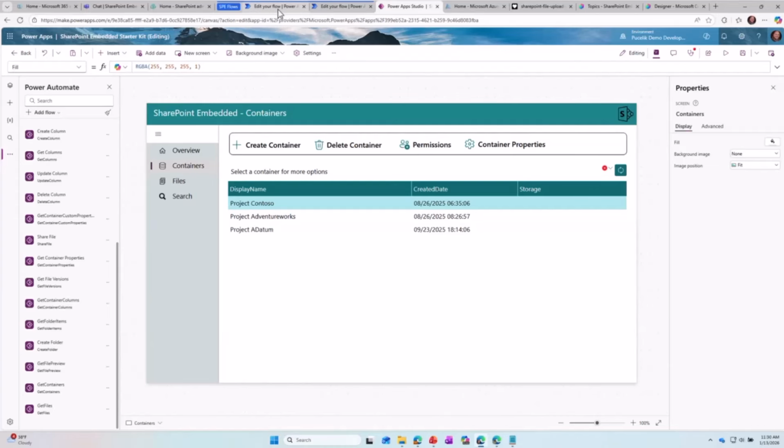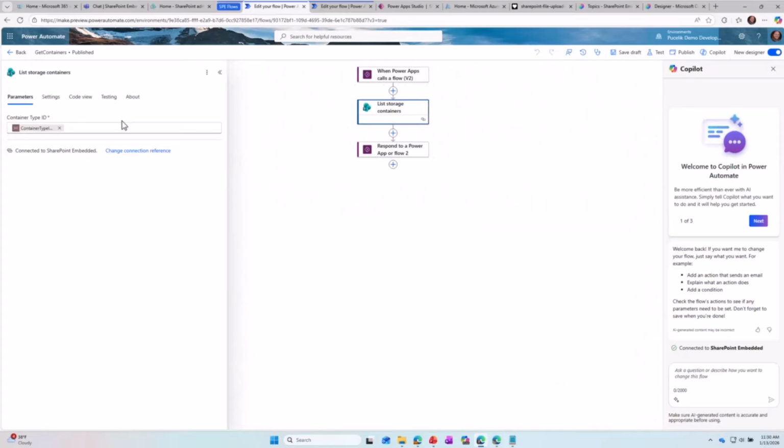Simple enough. If I go back to Power Automate, you'll notice that I'm getting the container information from my Power App, and I'm simply calling this list of storage containers activity. It's going to take one parameter. It's going to say, what is the container type? So now I want to get all the containers that I have access to so that I can list them on my Power App. When I click on that container, now I want to see all the files that are